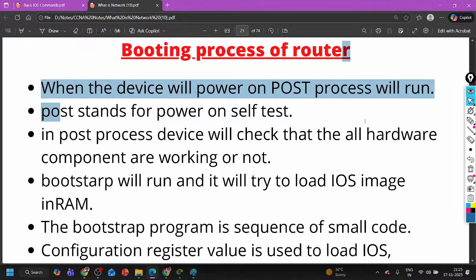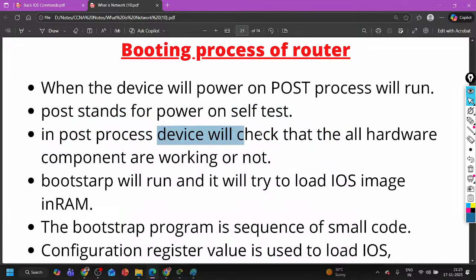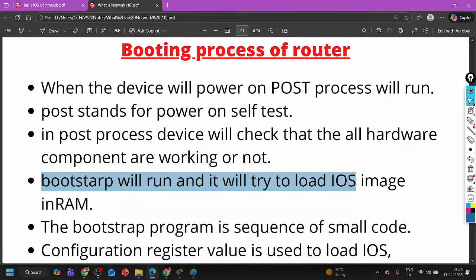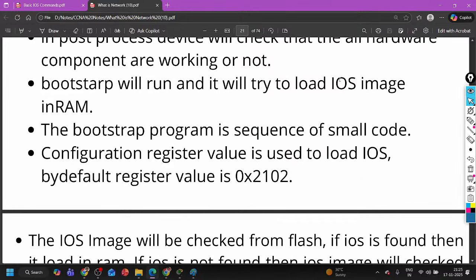POST stands for power on self test. In the POST process, devices will check that all the hardware components are working or not. Then bootstrap will run and it will try to load IOS from flash to RAM. Then once your operating system is in RAM,